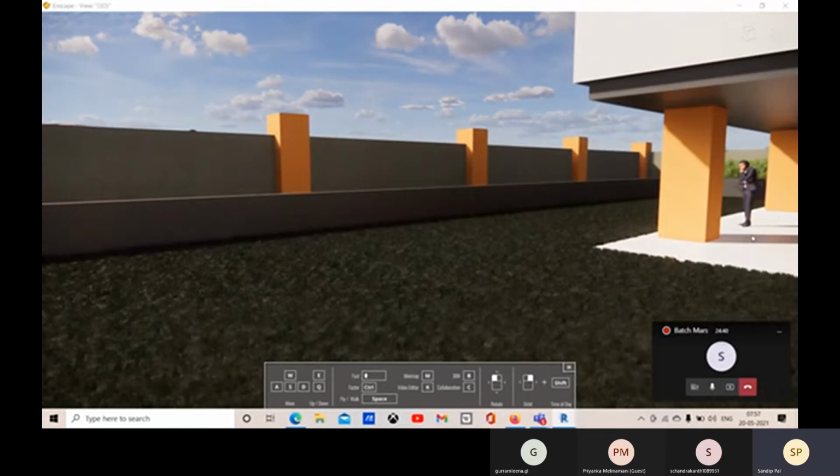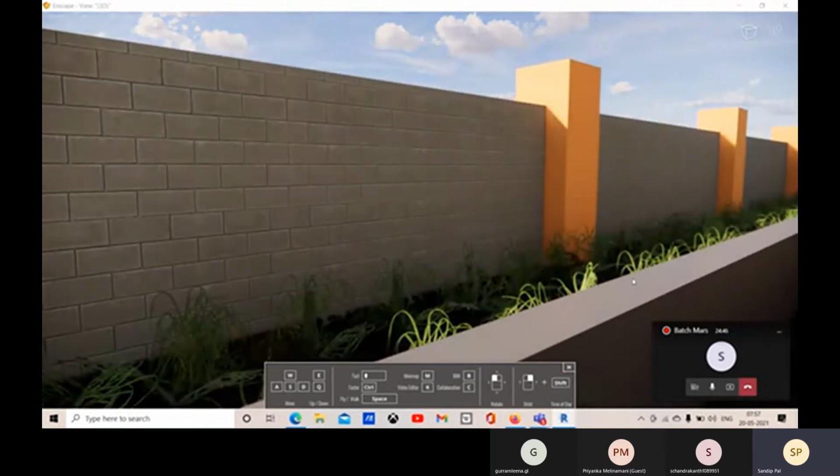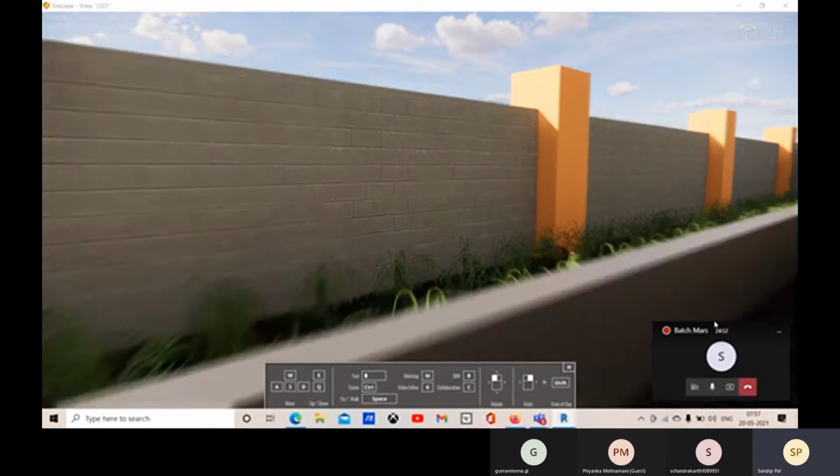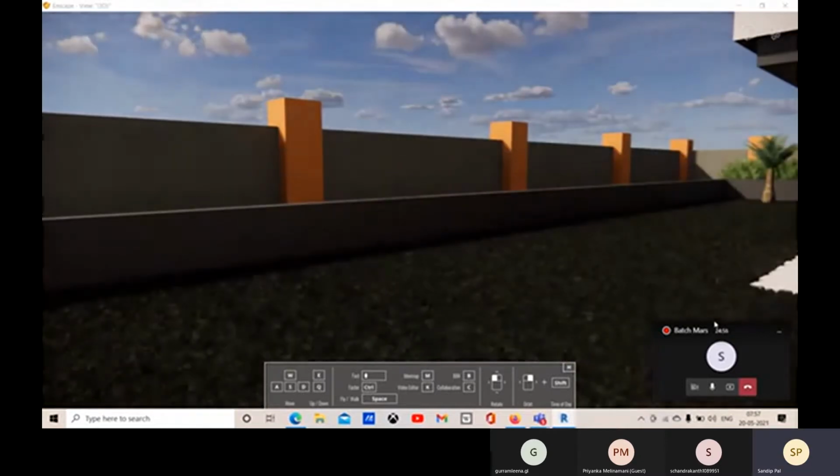If I want to move even faster, I will hold Control and W with the arrow key. Just holding Control with W or S, you can move faster like this.